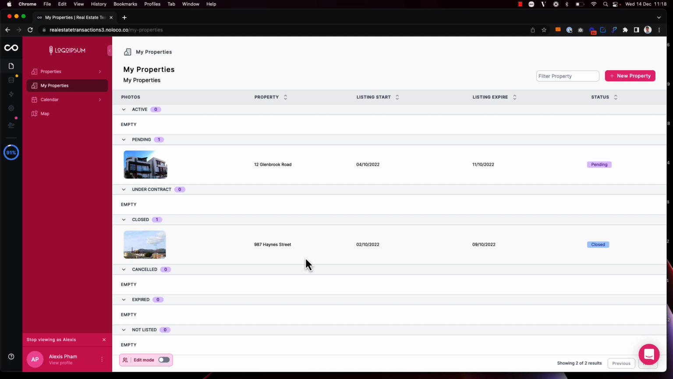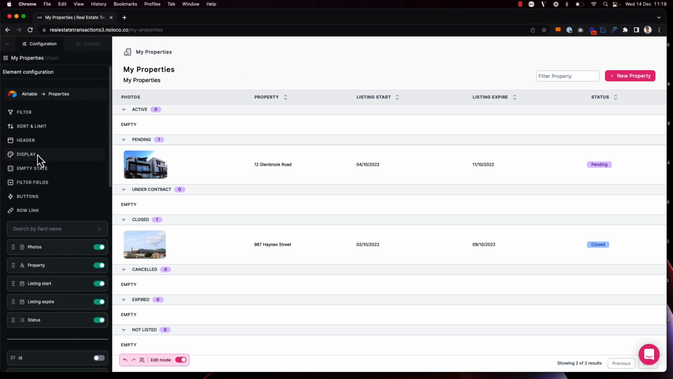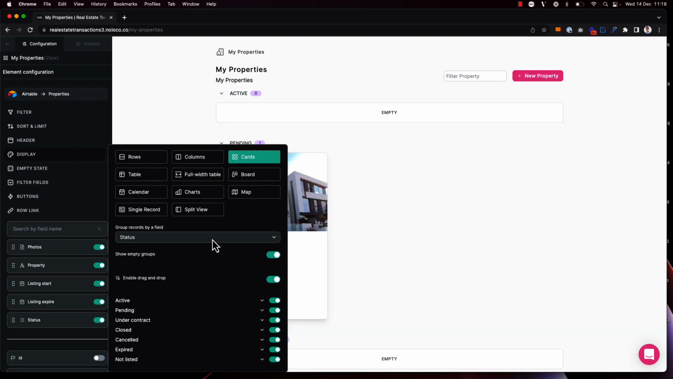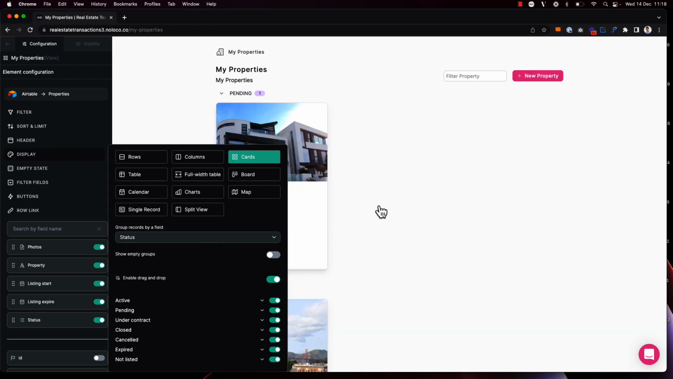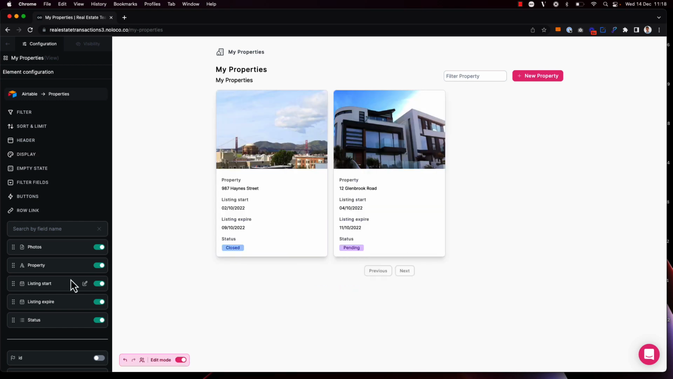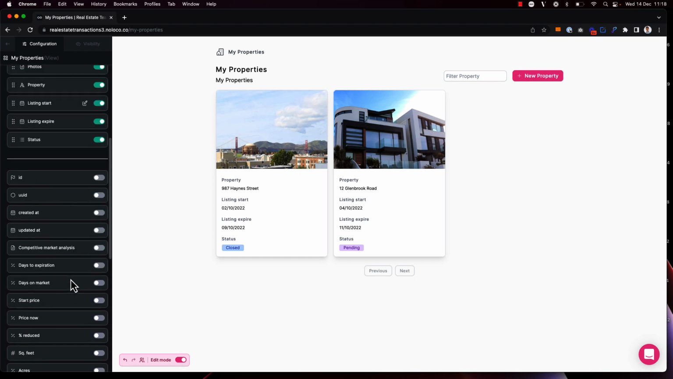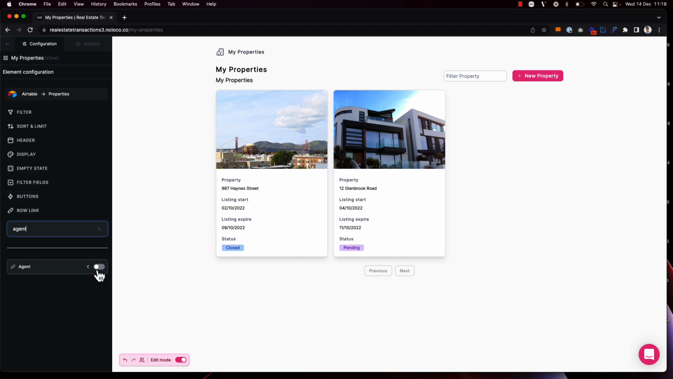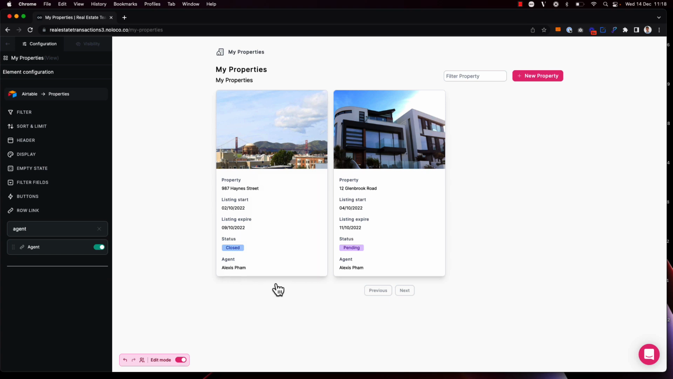So I can see when I'm logged in as Alexi that he can view properties that have been associated with him. So I might want to tidy up this view for Alexi here. Under display, we might want to choose a different display option here. We mightn't want to show empty groups, or we mightn't want to group by records at all on this view. And to confirm that Alexi is only seeing properties associated with him, I'm going to add the agent field here,